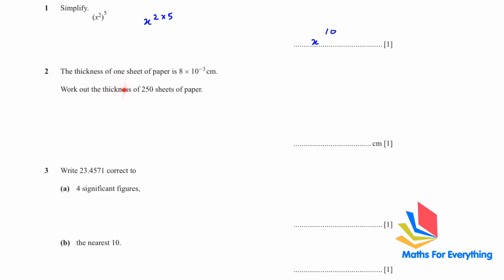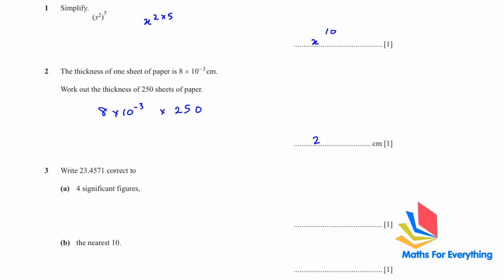Next, the thickness of one sheet of paper is 8 multiplied by 10 to the power of -3 centimeter. Work out the thickness of 250 sheets of paper. So we just have to times 8 times 10 to the power of -3 by 250. This will give us